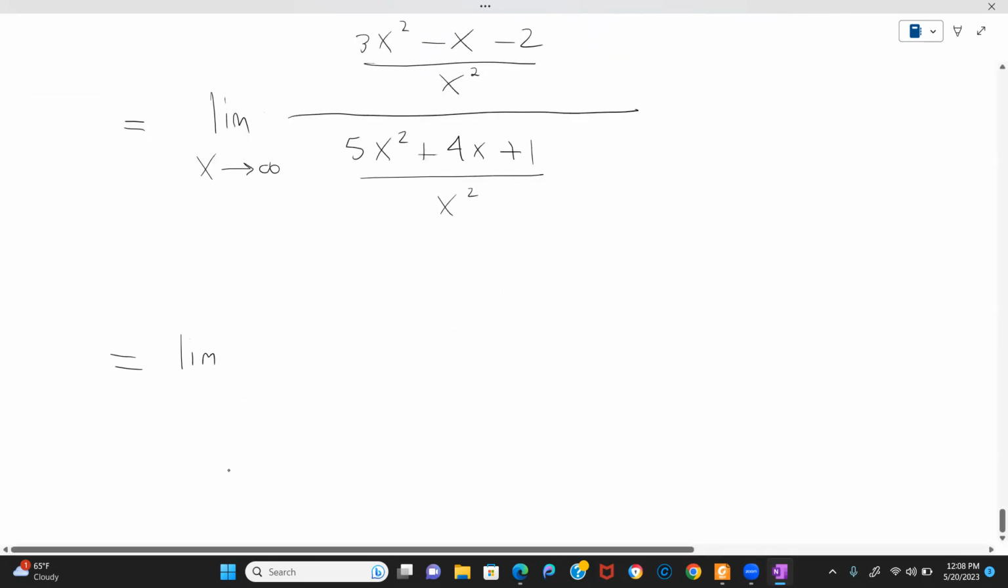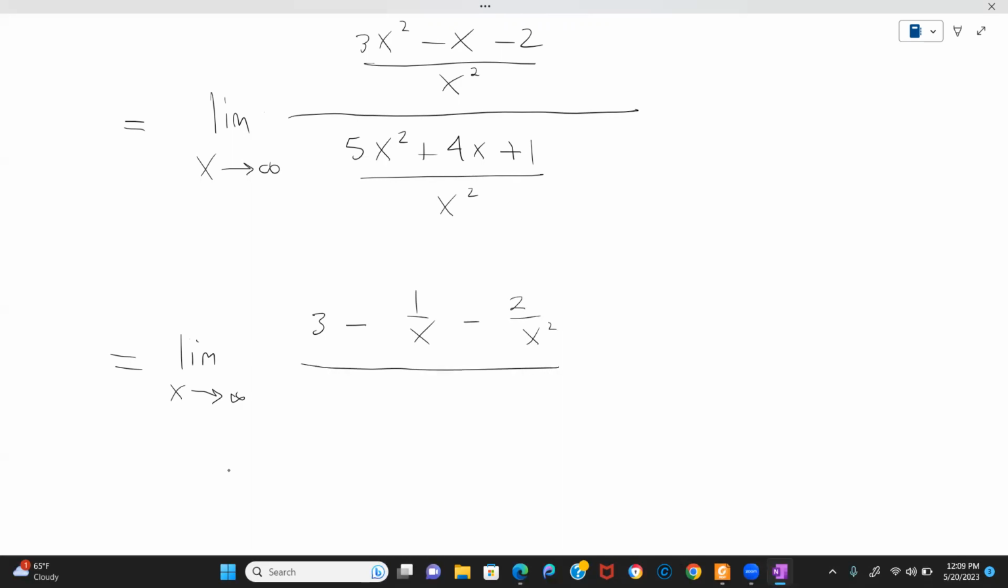And now we're going to actually do the division. So x squared into 3x squared gives us 3. Minus x into x gives us 1 over x. And then x squared into 2 gives us 2 over x squared. And in the denominator, x squared into 5x squared gives us 5. Plus x squared into 4x gives us 4 over x. And then x squared into 1 gives us 1 over x squared. And now